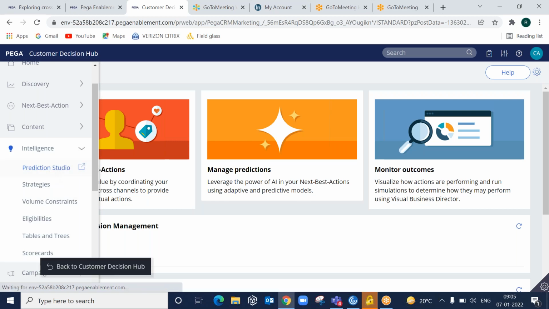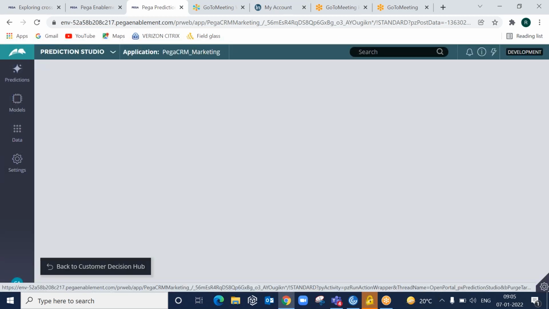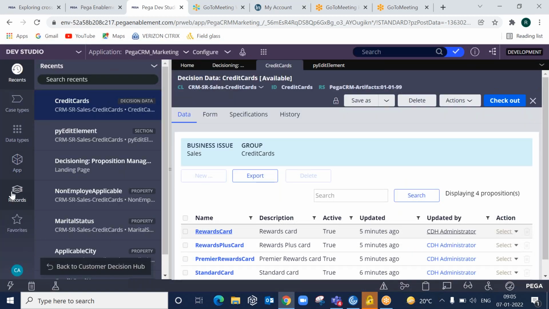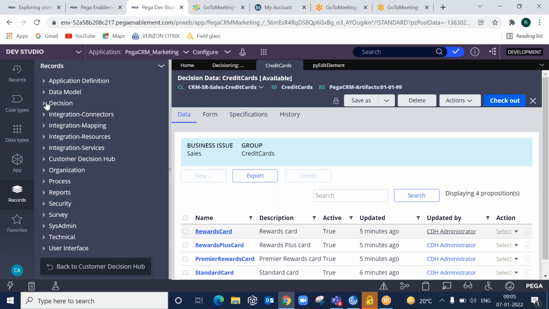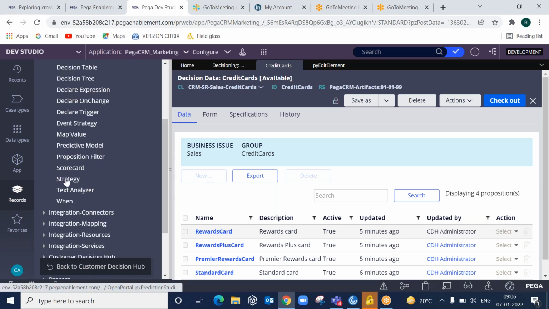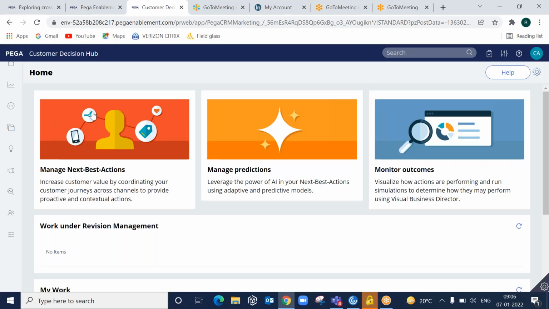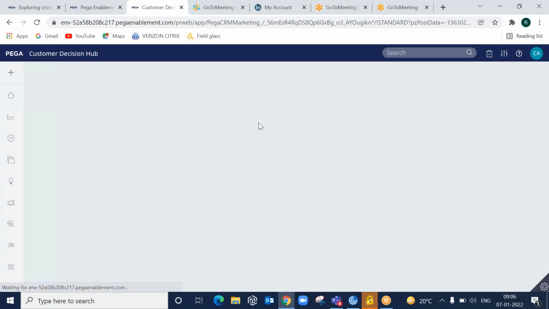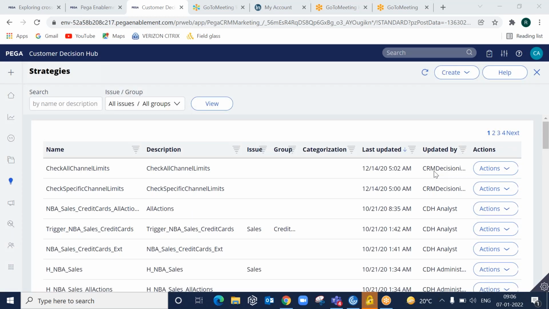In the Dev Studio, we can create the strategies under the decision category. If you go to the Records Explorer, decision category, this is where you can create a strategy. Within the customer decision hub, we can create the strategy from intelligence strategies.